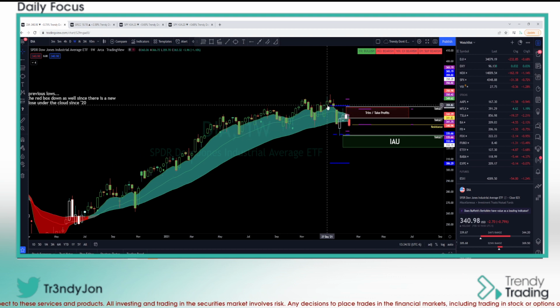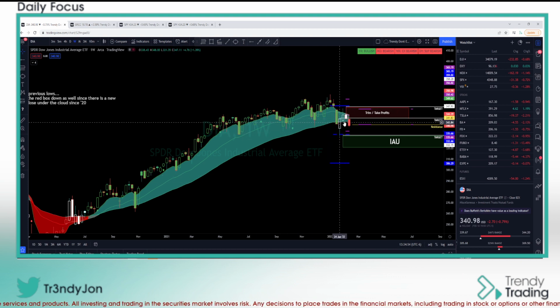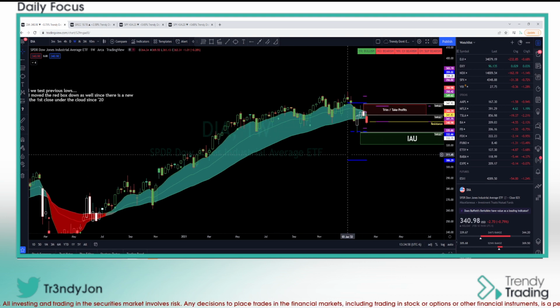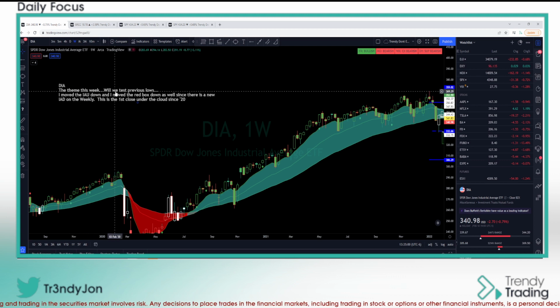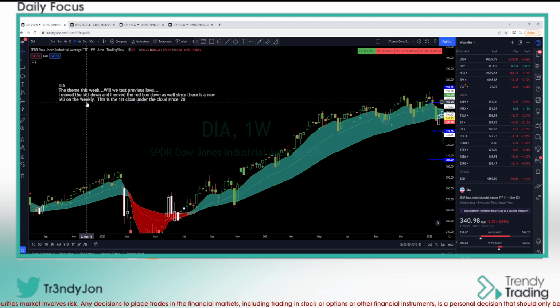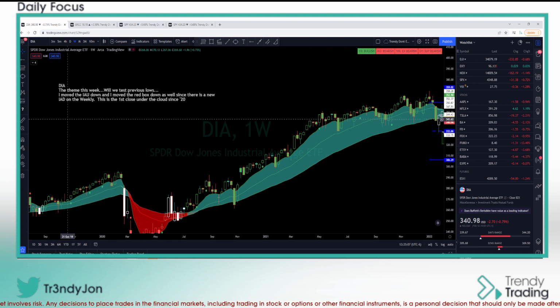Momentum has gone from a green to a white to a red candle. This tells me that the momentum, again, is sideways to down. And right here, the theme this week: will we test previous lows? I'm going to keep saying that because I want you to understand those are very important levels for us going